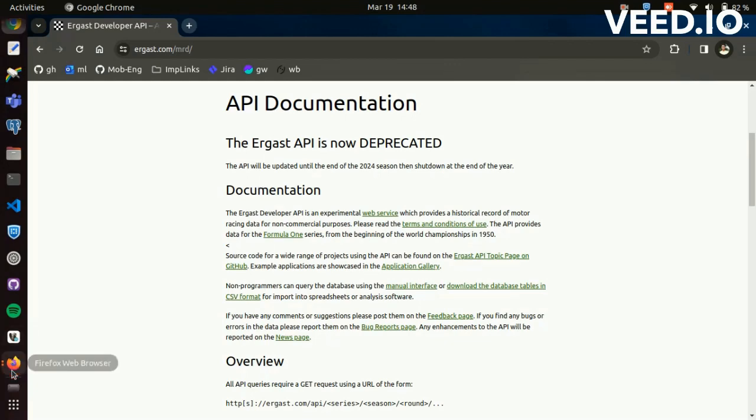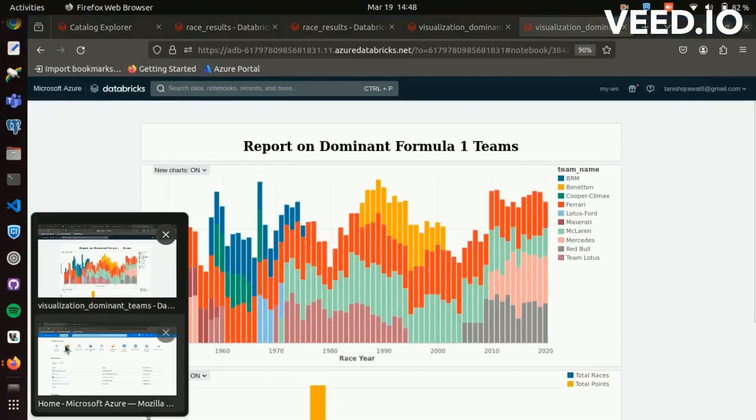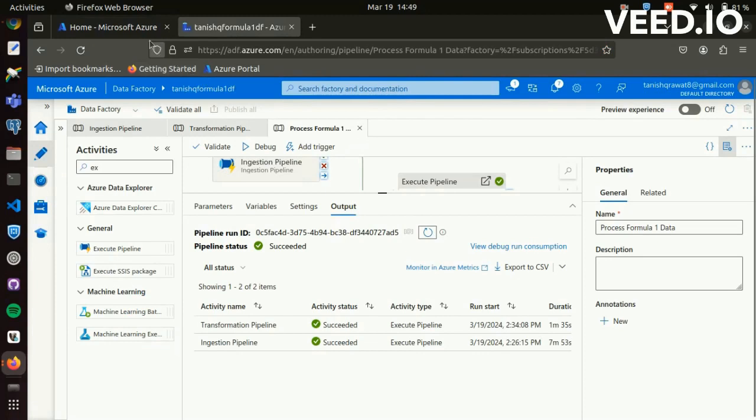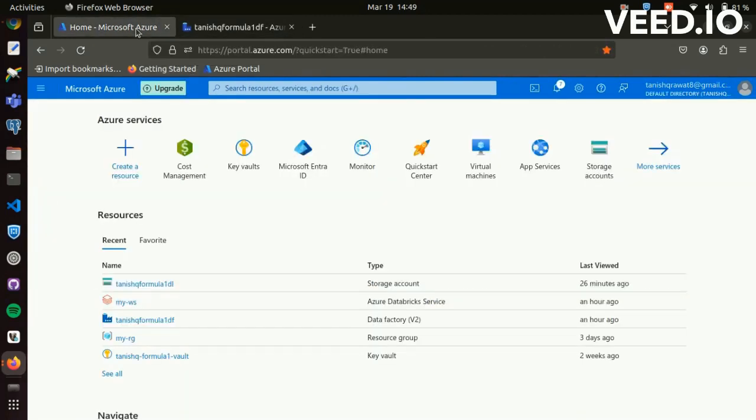For storage and computing purposes, I have used the Azure cloud platform, and for storage, I have used the Azure Data Lake Storage service. For analysis, I have used the Azure Databricks service to write my scripts in the form of notebooks. For writing notebooks, I have used PySpark and SQL. For creating ETL pipelines, I have used Azure Data Factory, which helped me to extract, transform, and load my data to the respective databases.